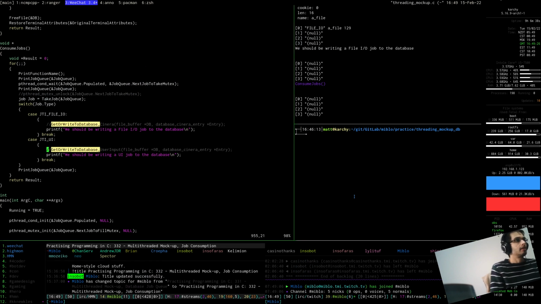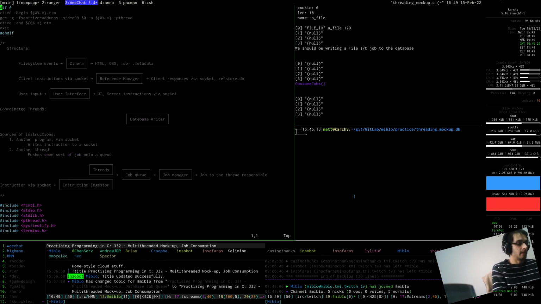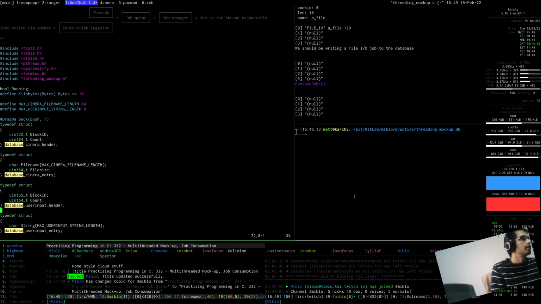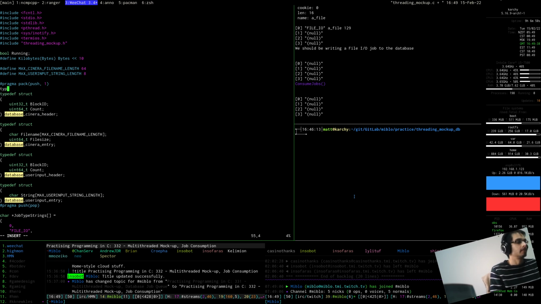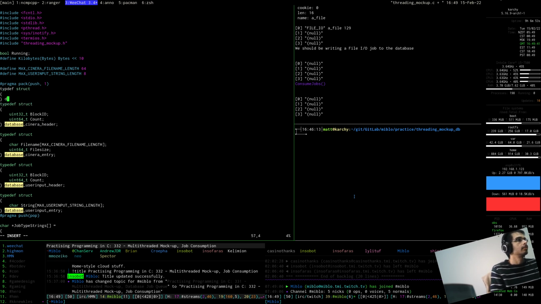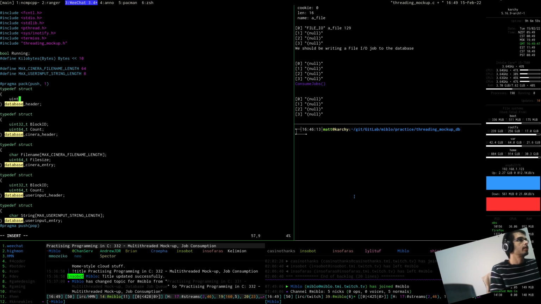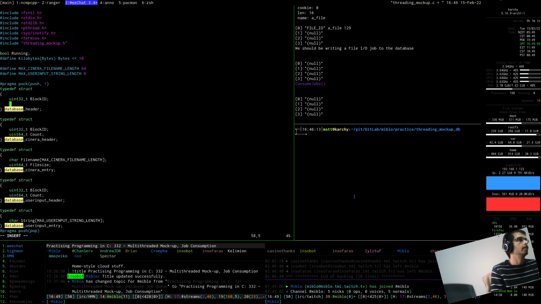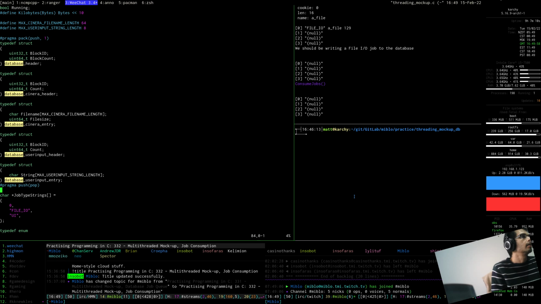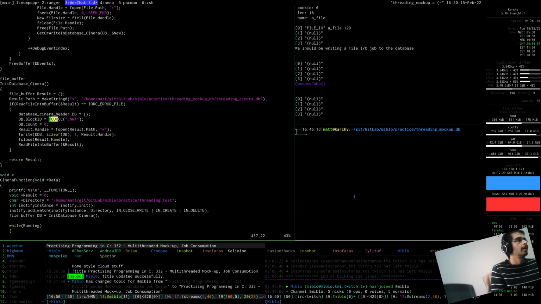Alright, let's make a new block, which is going to be the database header. So there's a database header, let's make a database header. And this is going to have a uint, it's going to have a block ID, and a block count. So the block ID for the database header is going to be,